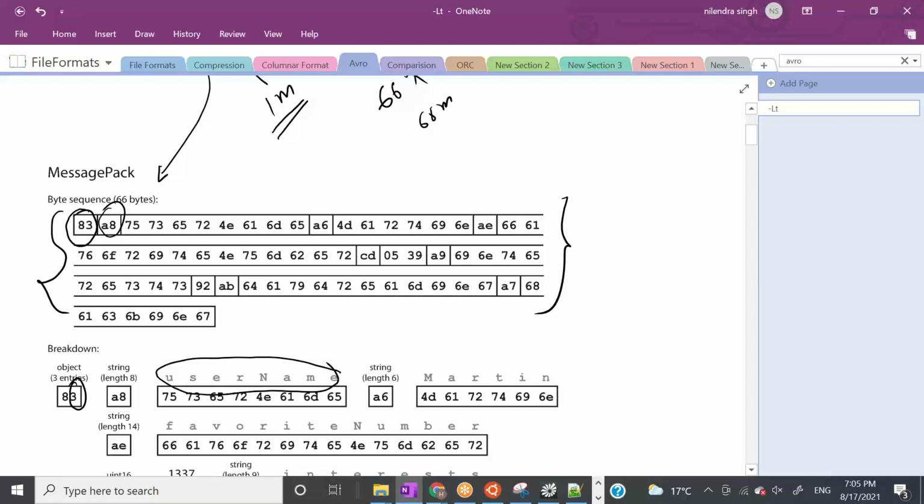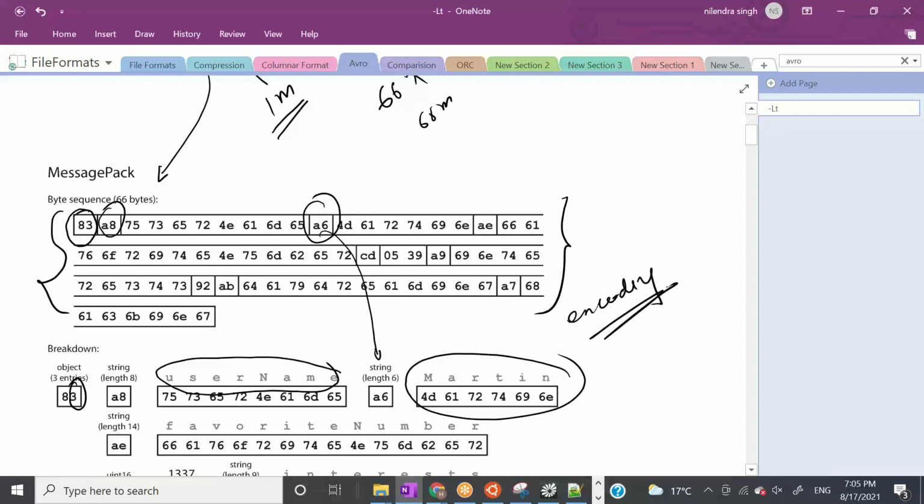It's username. Now this particular A6 will tell you what is the value of that string and what is the length of the string. So what we can see here, for each record, we are serializing or we are encoding. Let's call this technique encoding. We are encoding the value,